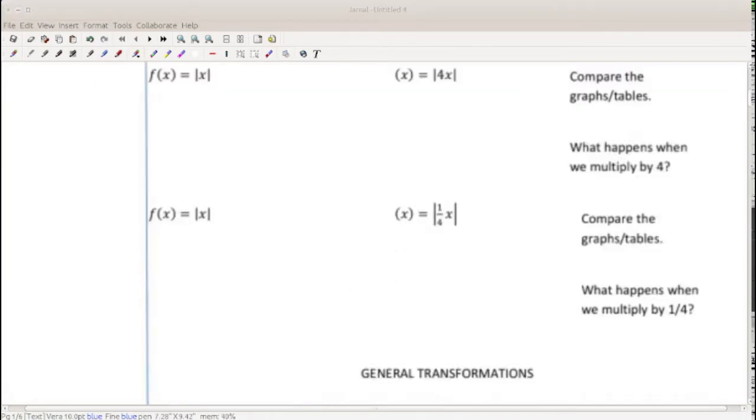So that's what happens when we multiply outside our function. What happens when we multiply inside our function? For this one, we're going to take a look at some Desmos. We're going to use Desmos to help us, and we're going to compare the graphs and tables of these two